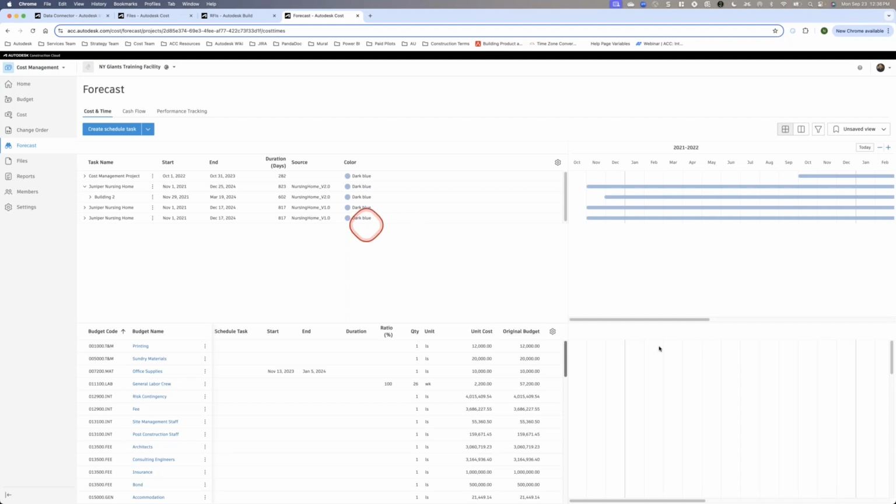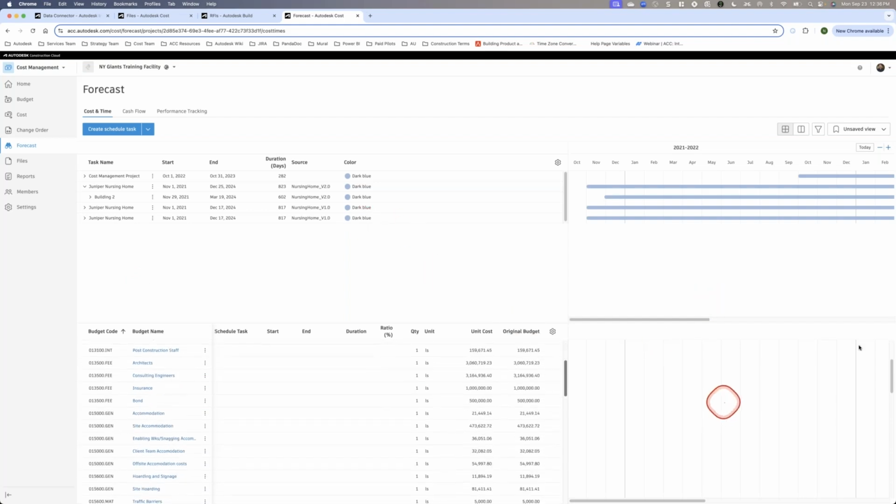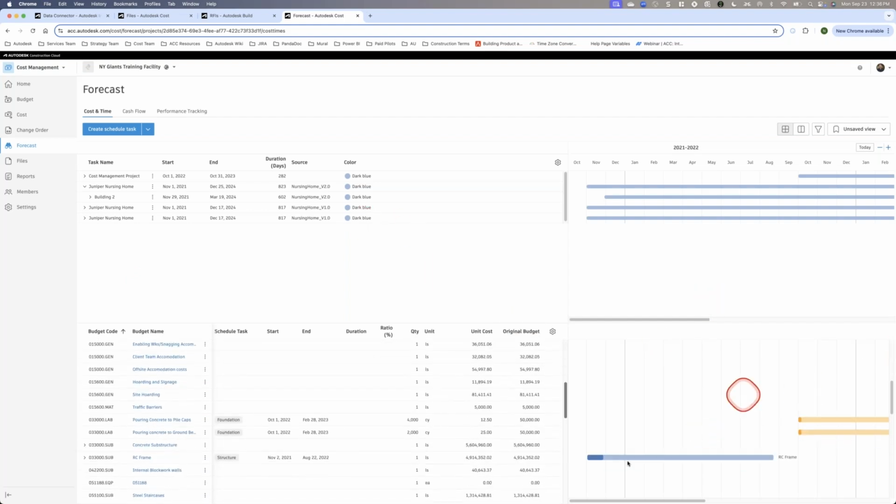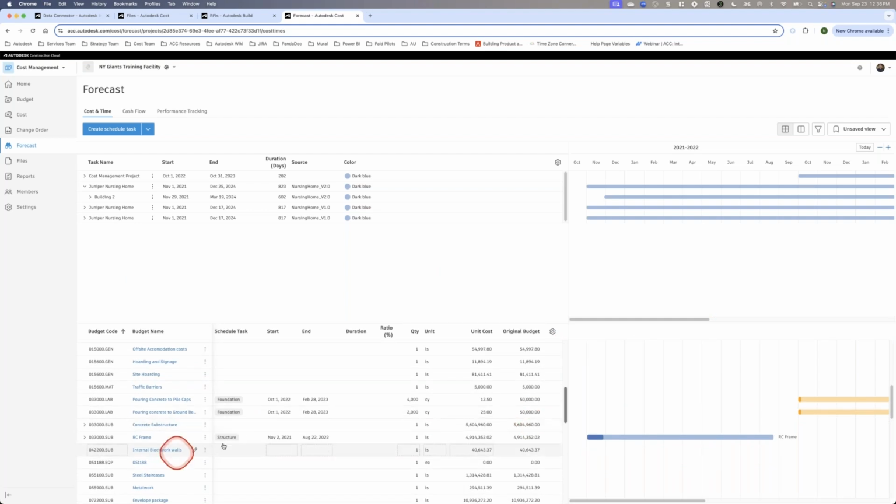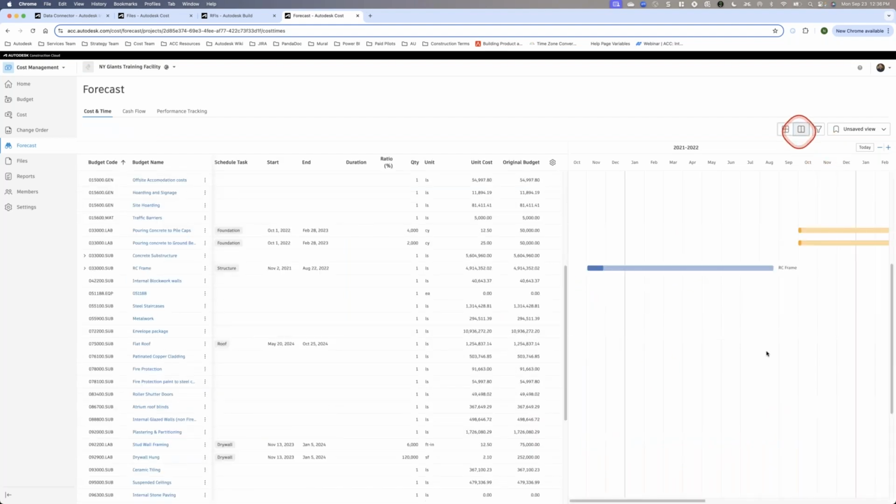And then I can get more of a Gantt chart view like this, where I can see what is my budget over length of time within this view. So I can see this is what I'm projected to spend over these particular months because I have my schedule linked to this budget item. From there, we can further develop this into our cash flow analysis. So I can come over to my cash flow tab,